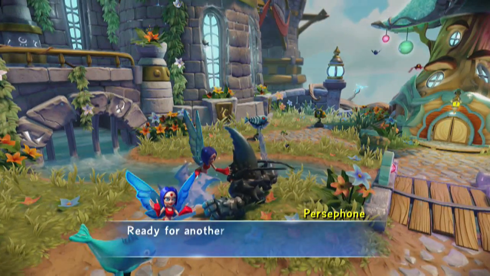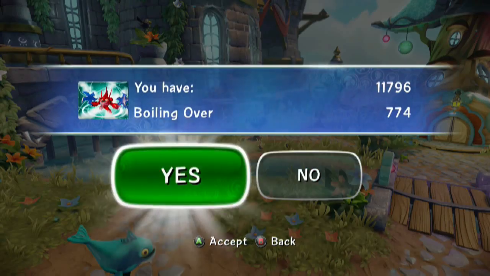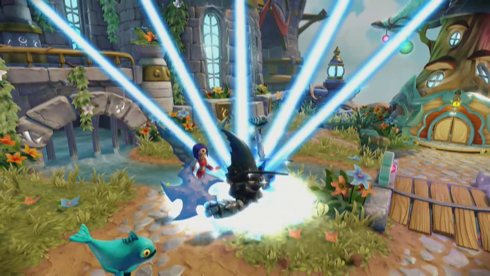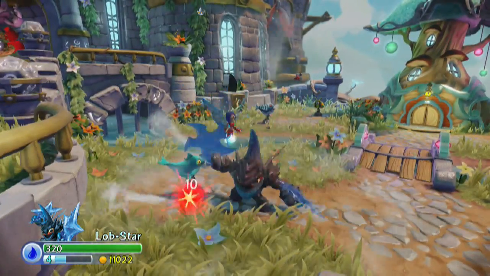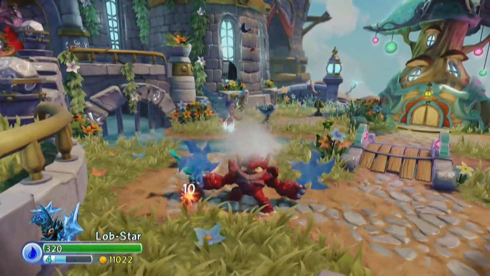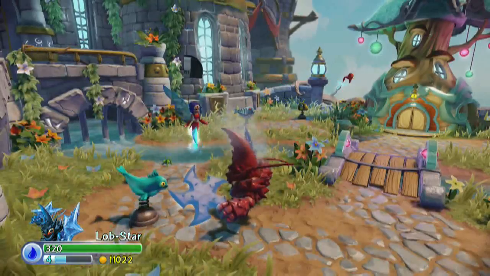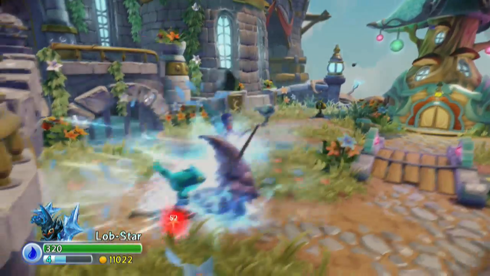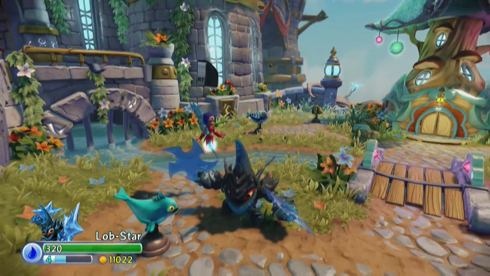Anyway, let's get back. Ready for another magical upgrade? Yeah. Alright. Boiling Over. Release steam while boiling to repel enemies. Tap B to let off more steam. We'll just buy this for $7.74 and try to figure out what exactly they mean. Star power. Okay, so I thought, let's see. Okay, yeah, that's nice. He seems to be doing some star clap that he didn't really used to do. Boiling Over, how do we even begin to...